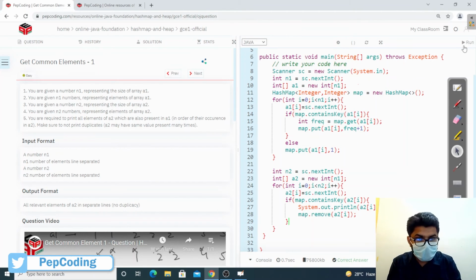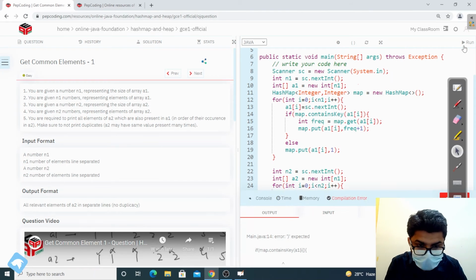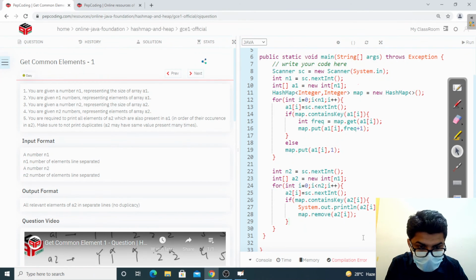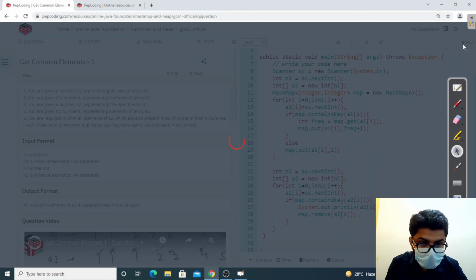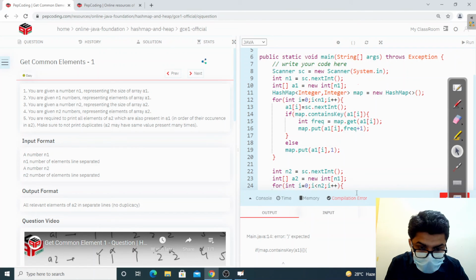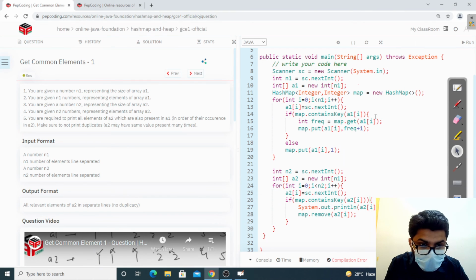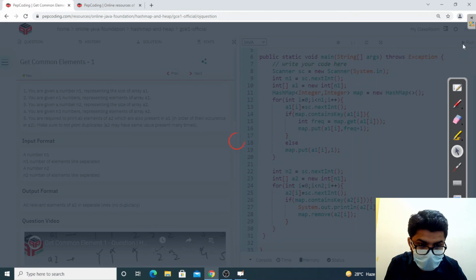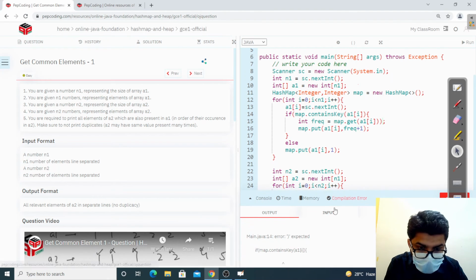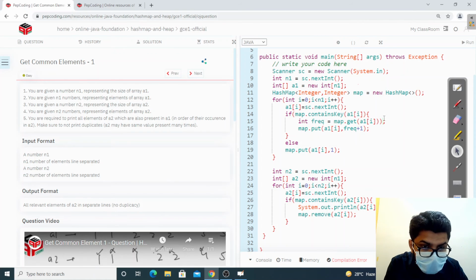Let's see if our code runs. Forgot a bracket here. Here too. Not here.